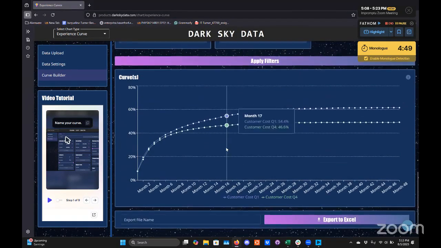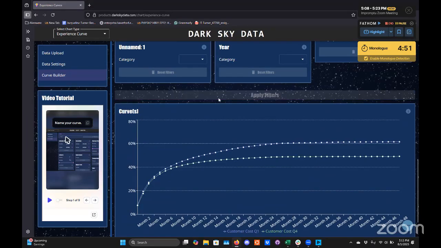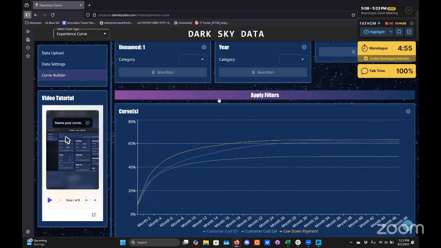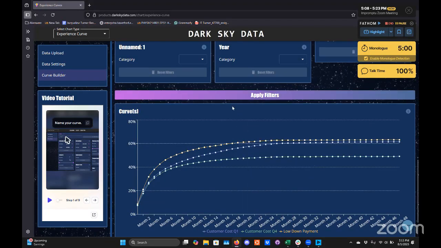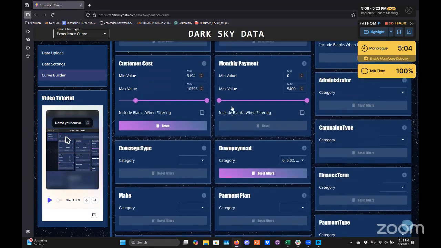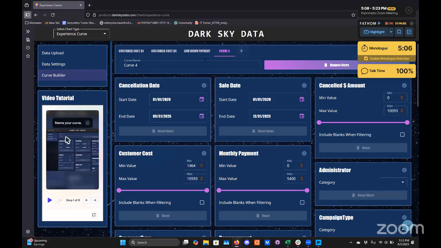We got those categories, and you want to apply filters. And you can see that a lower down payment percentage cancels worse than any of the things just broken down by customer cost. Now, if you wanted to compare that to high down payment,